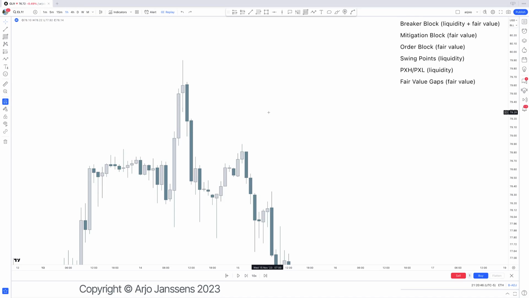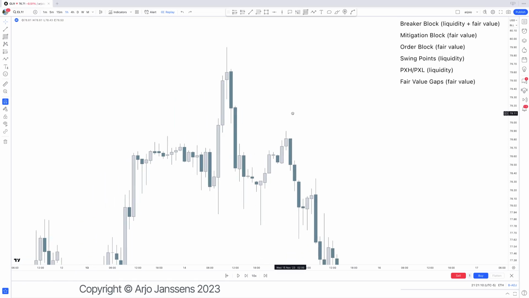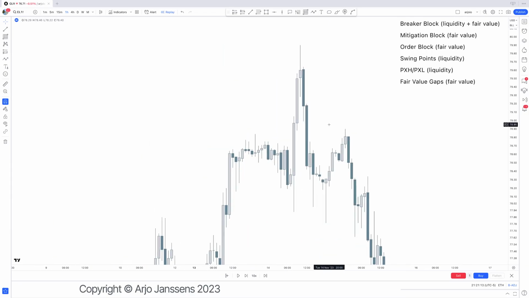Now, these liquidity and these fair value things, so the two things that make the market move, they are telling us, through the PD arrays as well, where price has no reason to return back to. As in, where was fair value already in the market and where are people trapped that shouldn't be released? So if we tell the full story, then the full story here for liquidity wise is that right here,